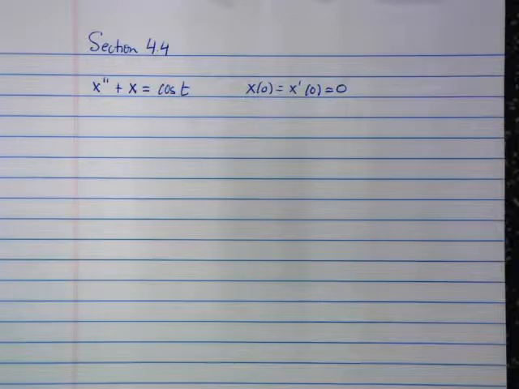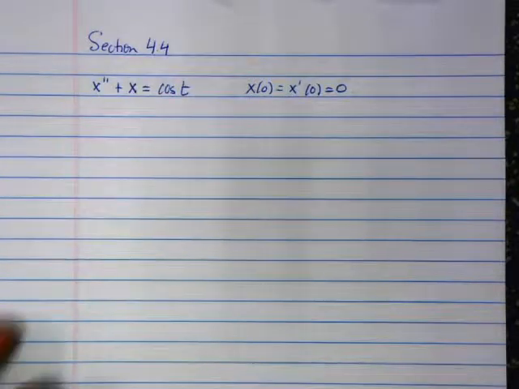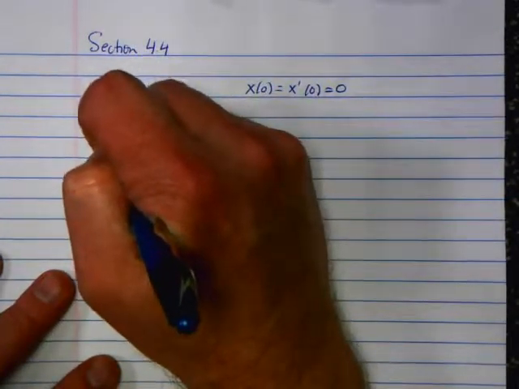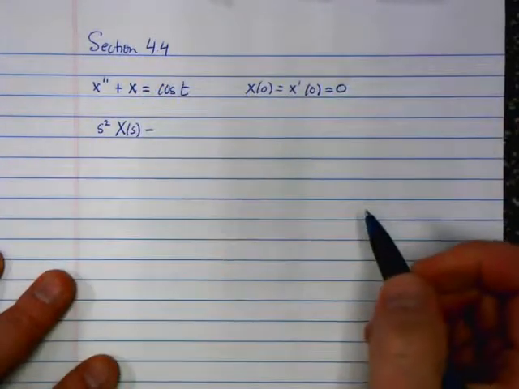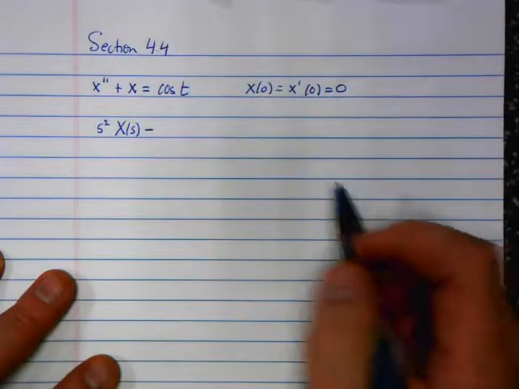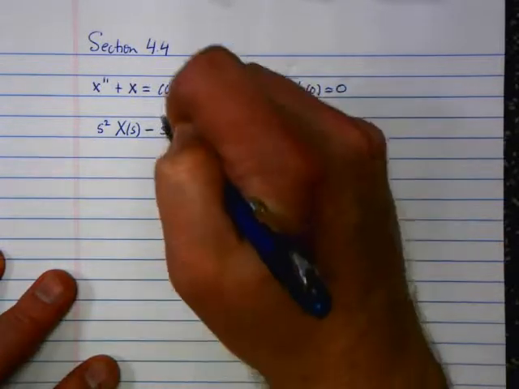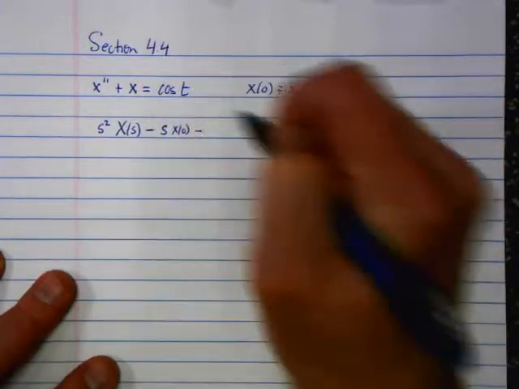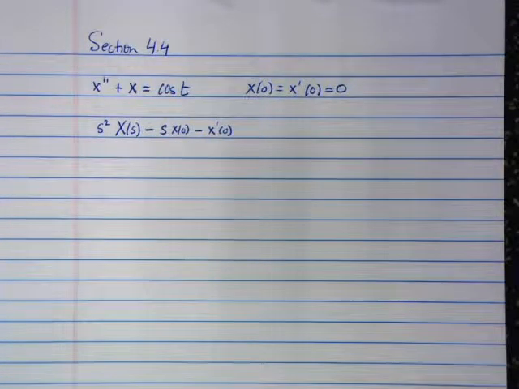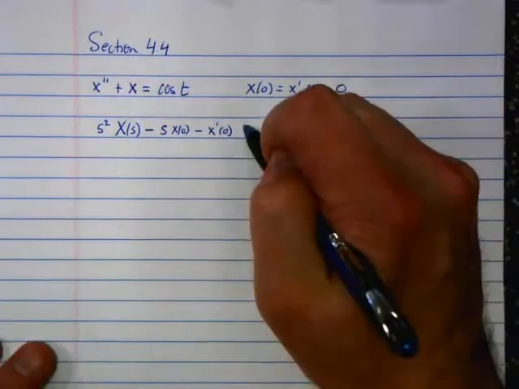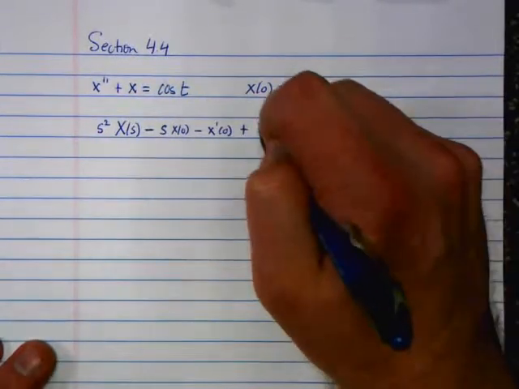The x's. All right, so we take the Laplace transform of the second derivative. We had a rule for the Laplace transform of the second derivative. It was s squared capital X minus s x at 0 minus x prime at 0. That was our rule for the Laplace transform of the second derivative. Plus, then we just have the Laplace transform of little x. The Laplace transform of little x is big X